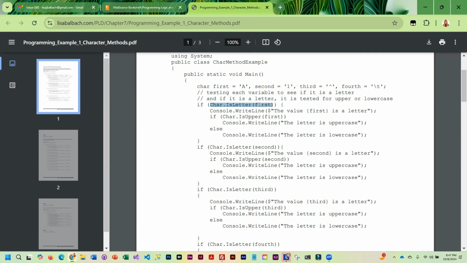So if this returns a true, that means that first does contain a letter. Okay, so if this is true, we are writing out the value first is a letter, and then we're just